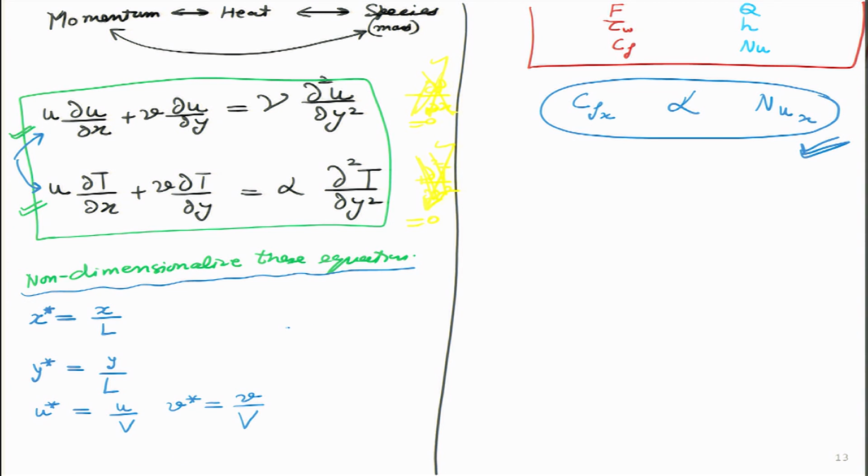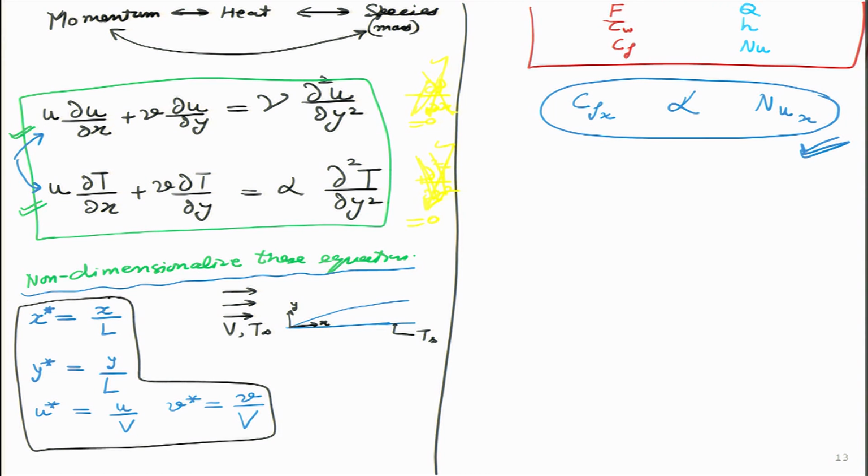So, always keep this picture in mind, that we are talking about this particular boundary layer over here. The coordinate system I will put, this is the x direction, this is the y direction, and this is my free stream velocity, which I can write as V, and the free stream temperature is T infinity. The temperature of the surface, which in reality could be the surface of a ship or some cardboard or anything which is submerged in the fluid. It could be an aerofoil as well. So, these are the types of non-dimensionalizations that I am going to do. So, I will put a box over here.